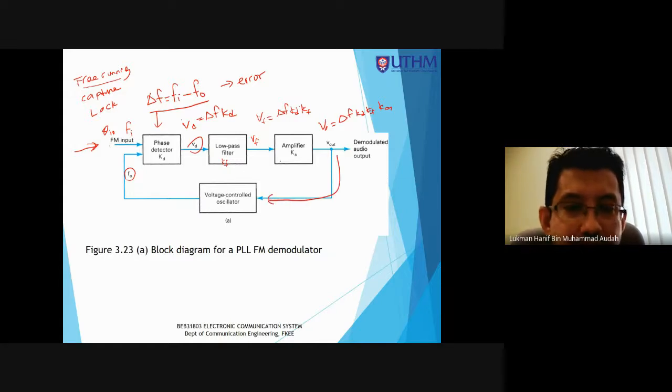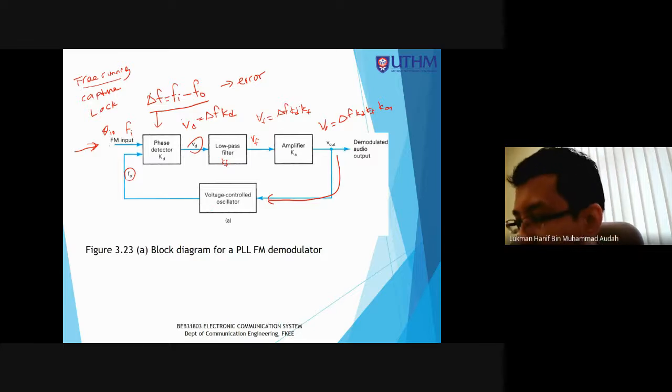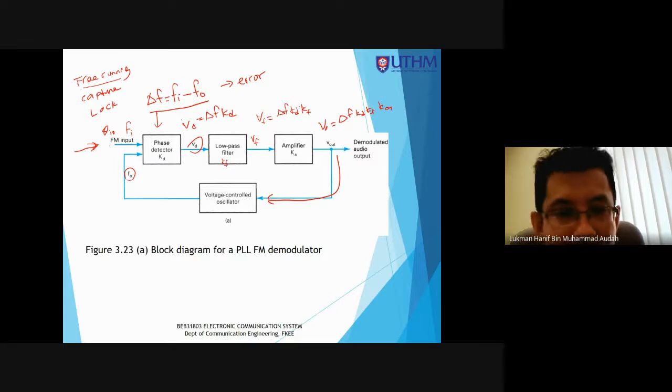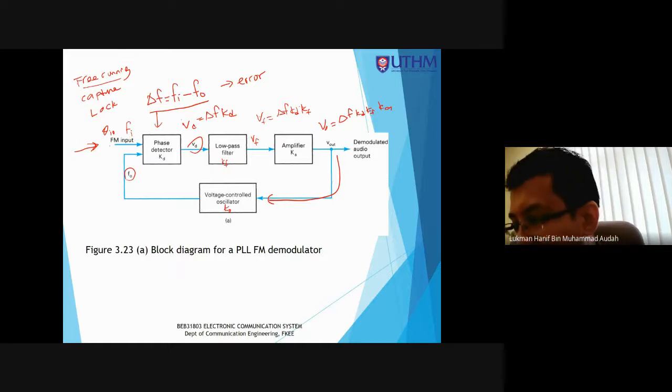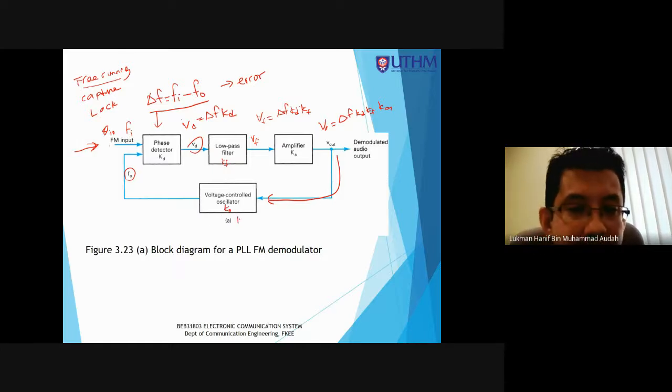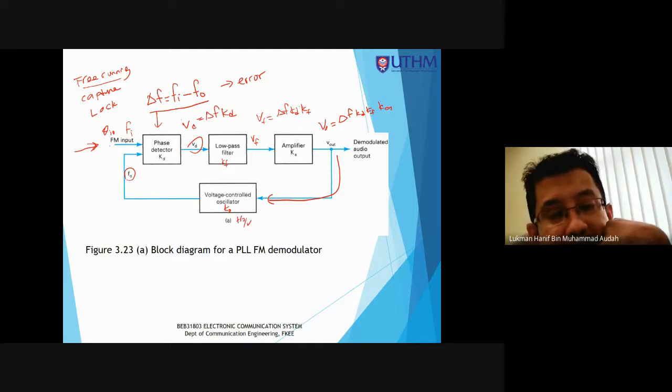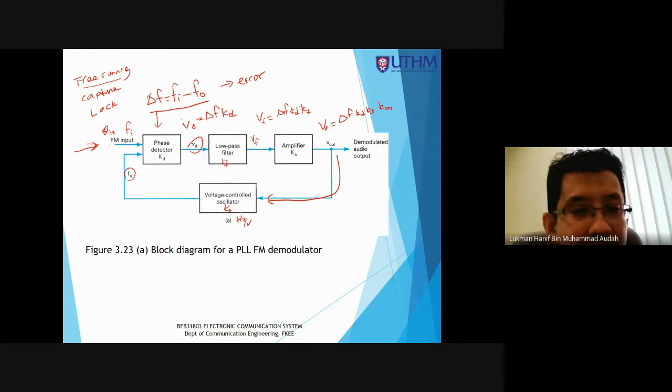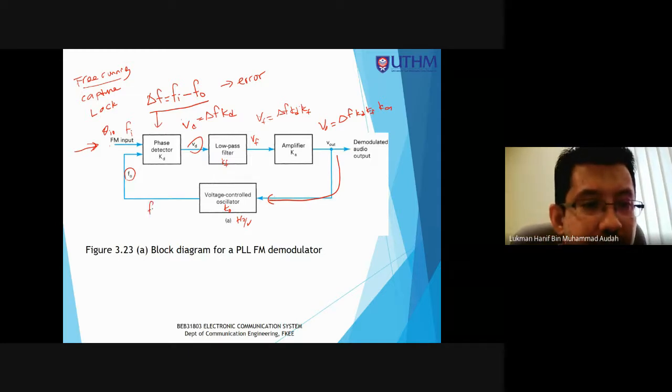So ini VCO dia ada dia punya transfer function K0 dalam sebutan Hertz per volt. Bermakna perubahan voltage pada input akan menghasilkan perubahan frekuensi pada output. Nampak. So maknanya F out di sini bersamaan dengan ini dia punya